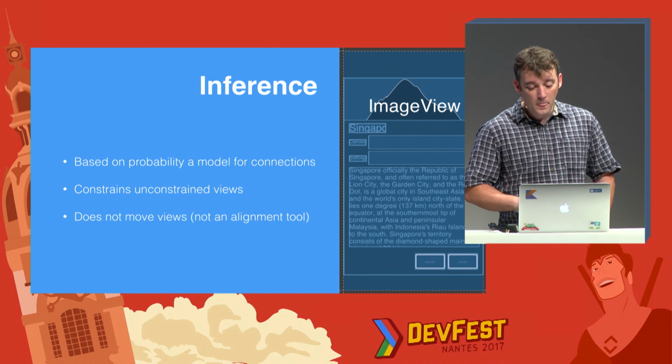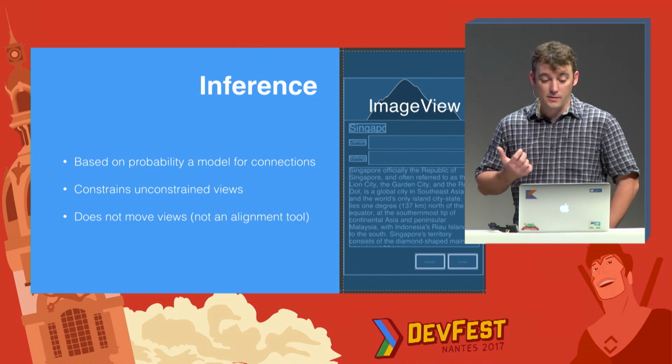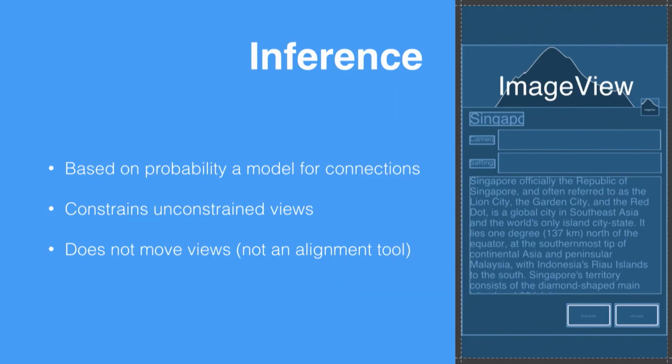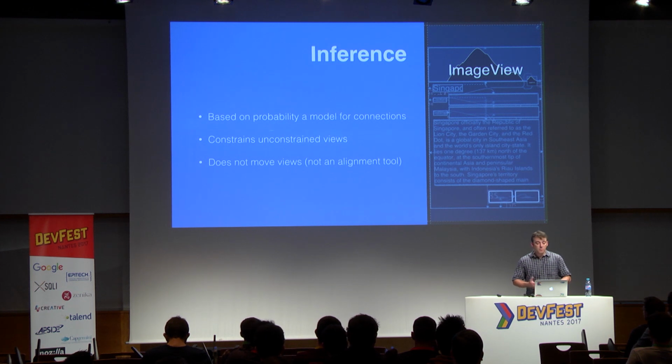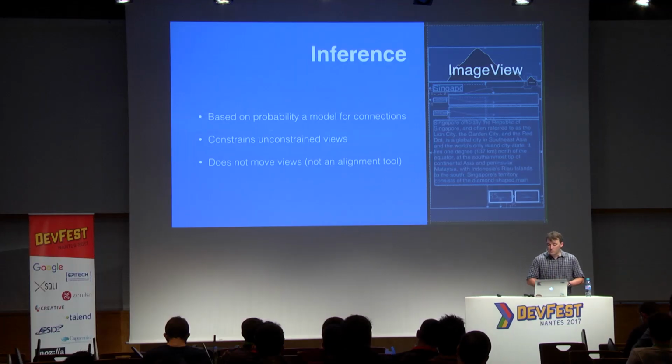And finally, we have this pretty good inference mode that we improved quite a bit in 3.0, where you can start with a screen that has no constraints whatsoever, press one button, and all those constraints are generated. It actually works pretty well. It's a probabilistic model, and we are improving it over time. What's nice is that it only works on constraints that are not created yet. So you could start by setting up a couple of constraints that you think are the right ones for your layout, and for the rest, just press the inference button, and whatever is left to be constrained will be constrained.